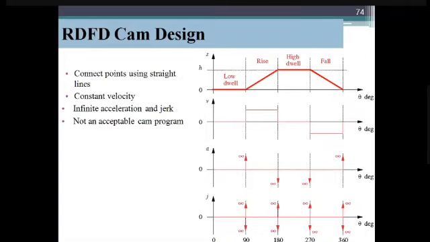If you are seeing the velocity diagram alone, you may not know which is the low dwell and which is the high dwell. Just look at the displacement diagram: both are dwells, but this is the low dwell, this is the higher dwell. And then fall means negative. In the displacement it is not possible to measure, but now the velocity is going towards the negative direction and goes to the right, and at last it reaches 360 degrees.